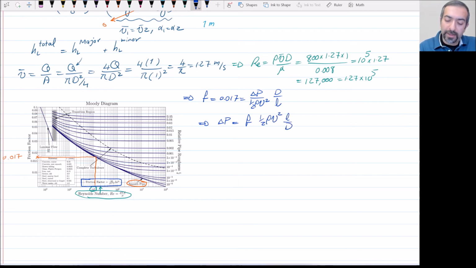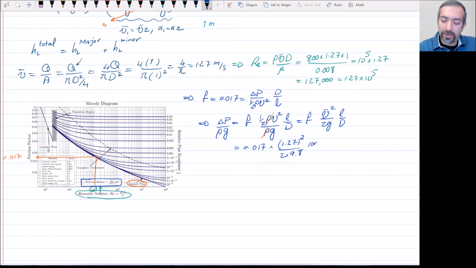Okay, so we're looking for delta P, which is the friction factor times 1/2 rho V squared times L over D. And in fact, we're looking for delta P over rho G, so I have to divide by rho G, and I can get rid of rho and rho. So really what we're looking for is F V bar squared divided by 2G times L over D. We already know that F is 0.017, V is 1.27 to the power 2, 2 times 9.8, L is 100,